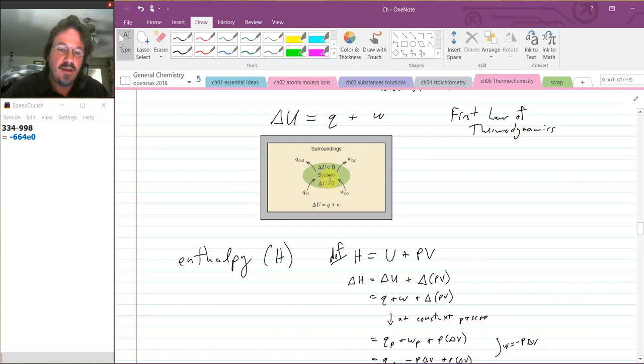Okay? And if the system is losing energy as heat, then Q is going to be negative. If it's gaining it as heat, then the Q is going to be positive for that system. Now, what about work? Same idea. If I'm expanding, if I'm pushing against a piston in the engine, because I'm the system, I'm the gas, I'm the reaction that's burning the gasoline, producing gas, pushing against the piston. All right. If I am the system, then I'm pushing against that piston, then I'm doing work on my surroundings. I'm doing work. I'm losing that energy. Work, W, would be negative for me.